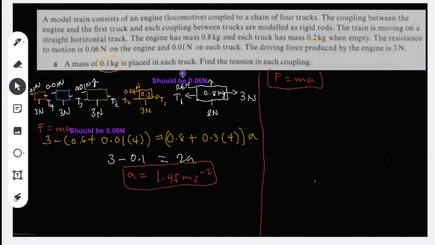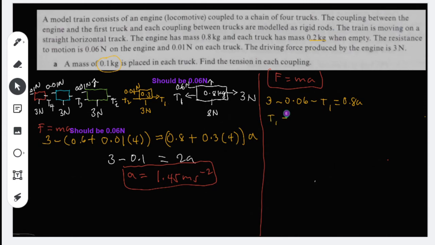So that will be 3 minus the resistance, 0.06, minus the T sub 1, equal to 0.8a, because the mass is 0.8 times the acceleration. We already know the value of the acceleration, it's 1.45. So when we solve for T sub 1, this will give us T sub 1